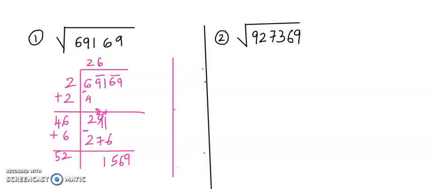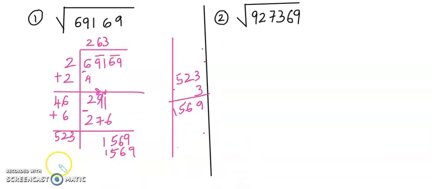So I'm going to insert a digit in the units place, so it's going to be a 3-digit number, right? Now look at the last digit, 5, 2, 6, 9. 9 means it's 3 threes are 9 or 7 sevens are 49. So first let me try 3 and 3. So what I'm getting, 1569. Correct, I got it right. So subtract, what you will get? A 0. So what is my answer here? Yes, 263. Correct? Okay. Let's take the next one.